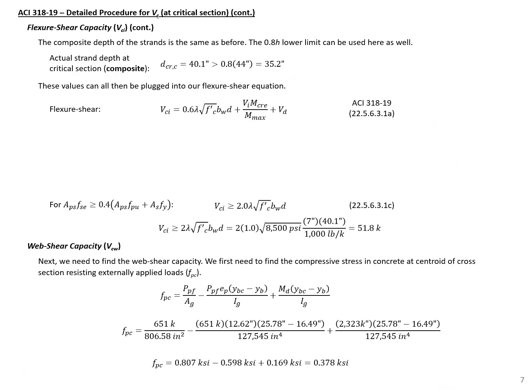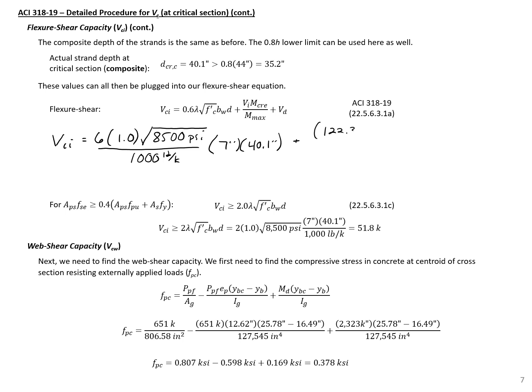We're now ready to plug in our known values into our flexure shear equation. So our VCI is equal to 6 times 1.0, our lambda for normal weight concrete, times the square root of 8,500 psi divided by 1,000 pounds per kip times 7 inches times 40.1 inches plus 122.3 kips